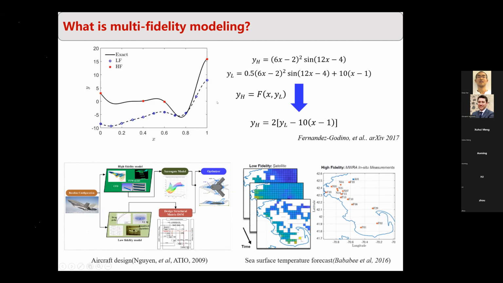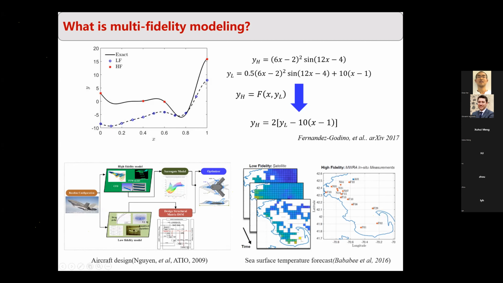And we also assume that we have another type of measurements, which are the blue points here. They are also measurements for this function YH, but they're not so accurate, but they are very cheap. So we can have lots of them. So it's very easy to fit this function,